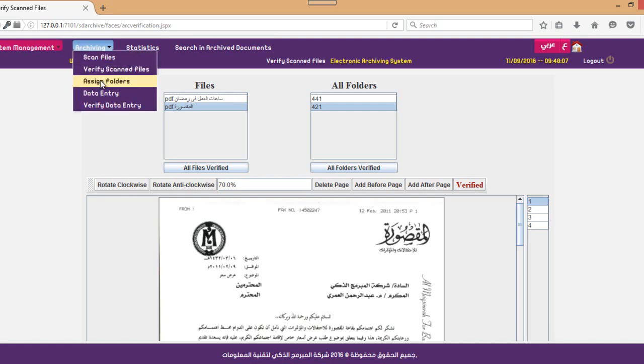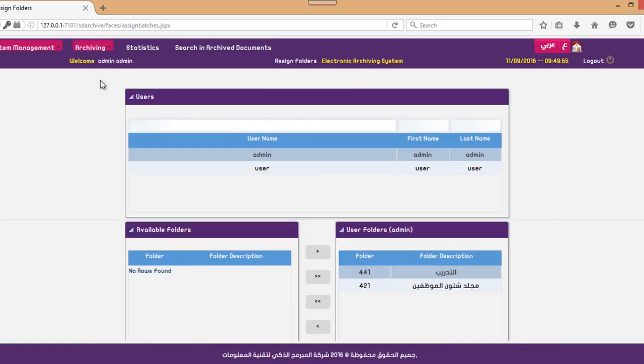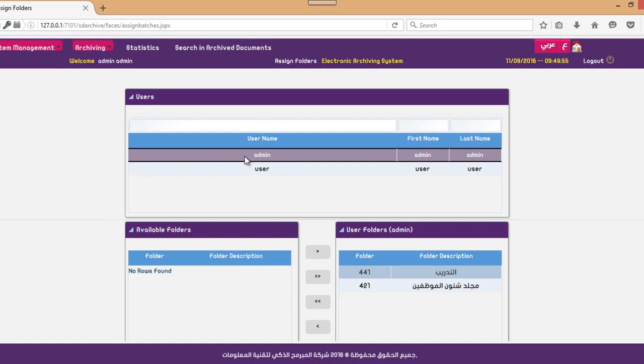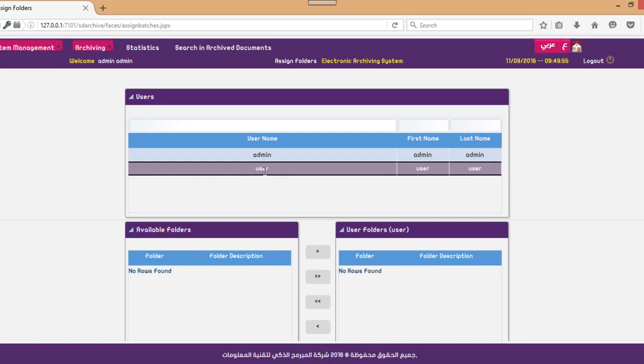In the third step, we assign folders. We scanned folders in the first step, and we verified them in the second step. So what we are going to do is distribute the folders among our users. We have defined our users in one of the screens. In this case, I assigned these two folders to this user, and this user does not have any folder